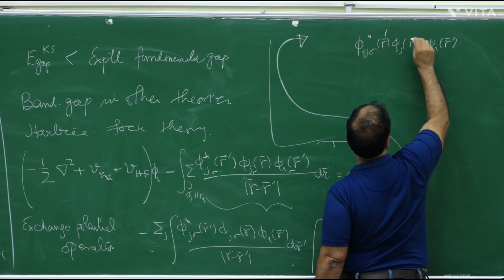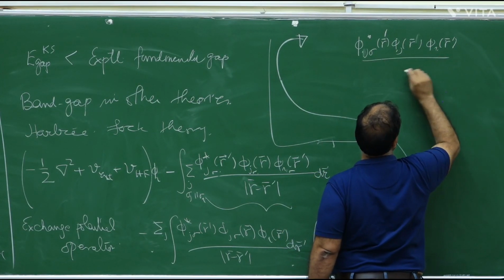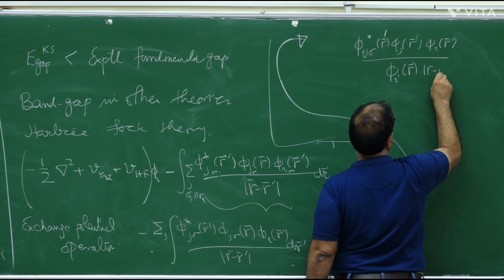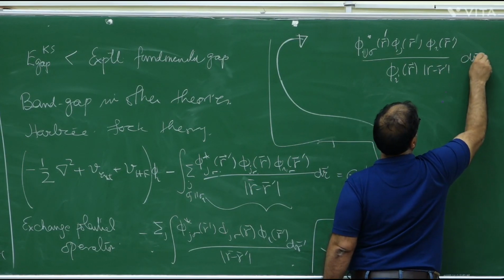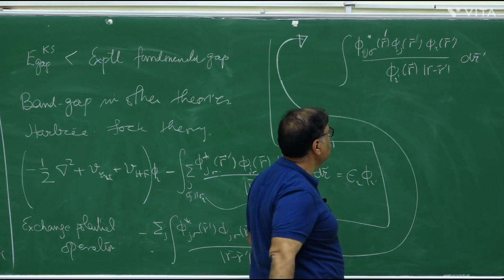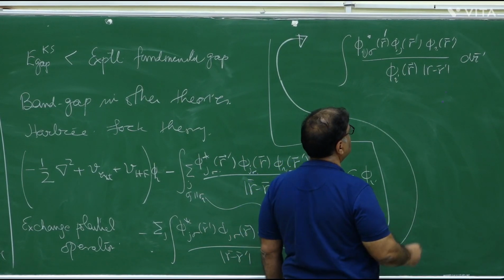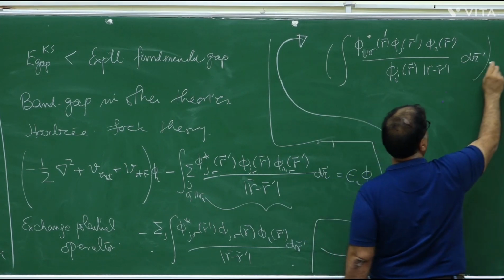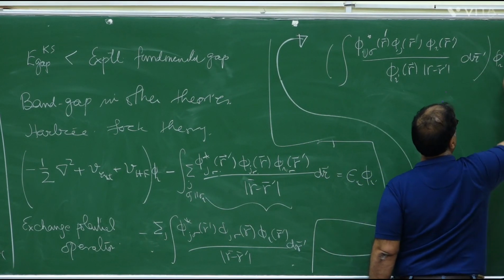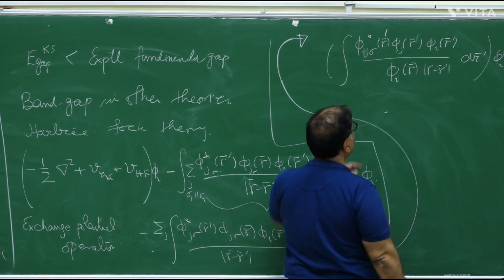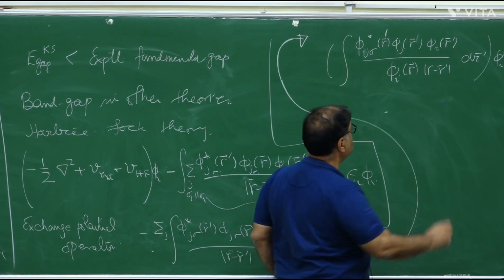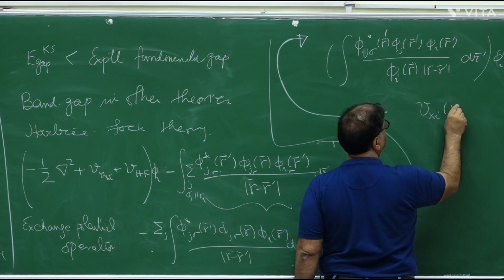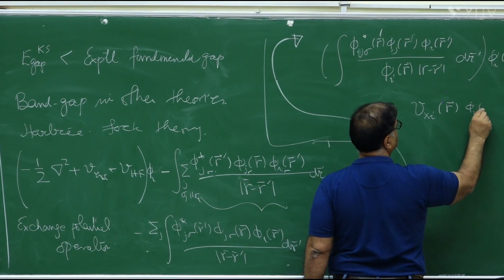This is r prime, this is r, divided by phi i(r) and |r minus r prime|, dr prime integral. And since I divided by phi i(r), I'll also multiply this by phi i(r) and write this as a potential, V exchange i at r acting on phi i(r),